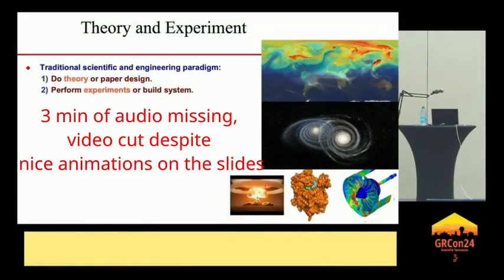For years, science was moved forward by theory and experimentation. So theory is a paper and pencil kind of thing where we put down some ideas. Experiments are where we take those